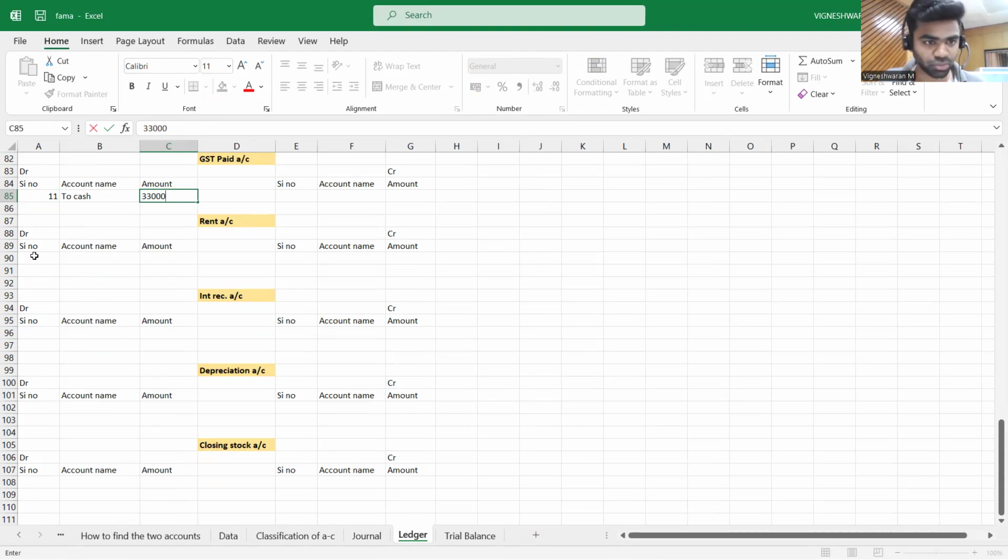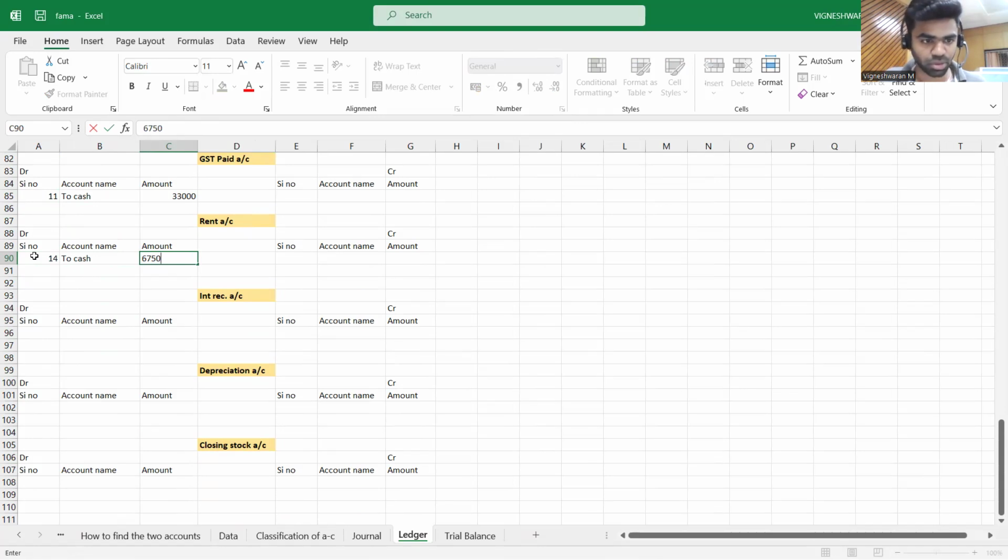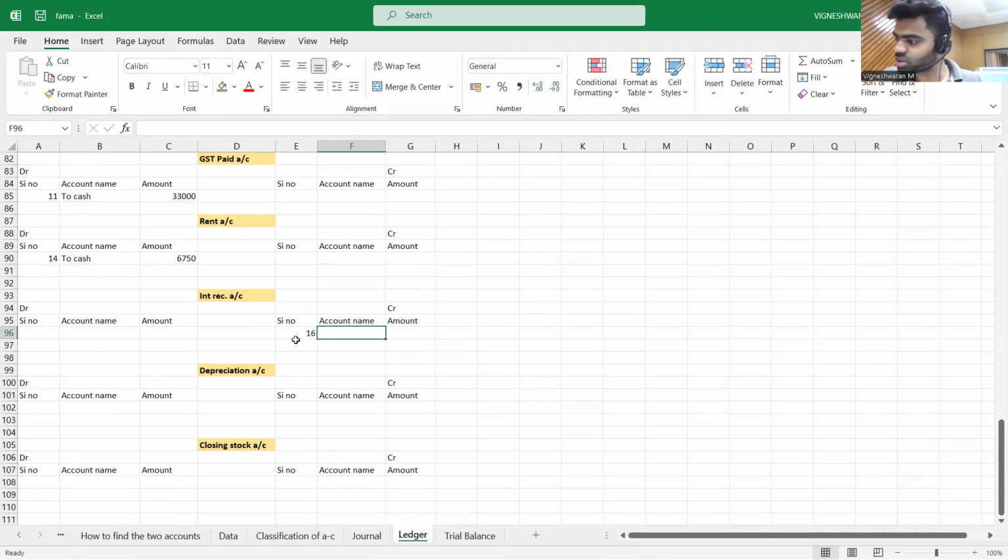Rent on the 14 to cash, 6750. Interest received on the 16, 16, by cash,